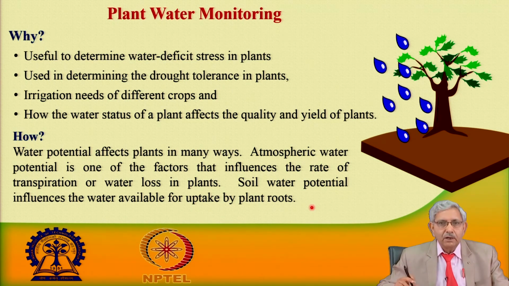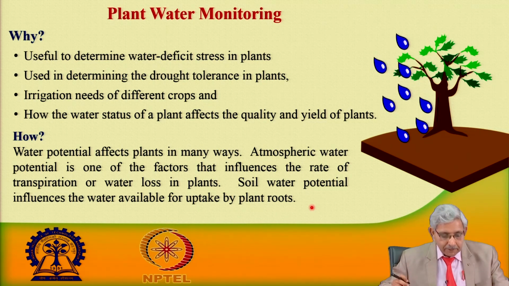thing, important, because soil is an indirect way, meaning we are getting a sample. Frankly speaking, we need to monitor plant water from an irrigation point of view, since we are irrigating the plant. So, if I know about the plant systems, we will be able to give water to the plants. So, it is useful to determine water deficit and irrigation needs. There are different crops, and they have different requirements. So, we need to give water to the different crops which have different water requirements, and